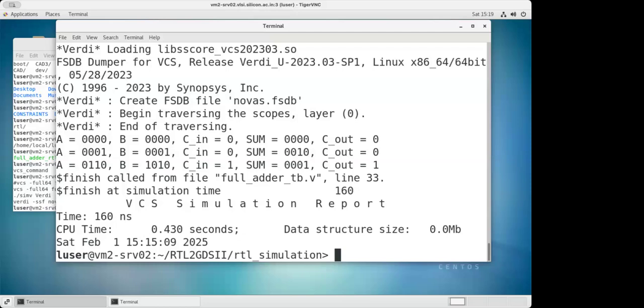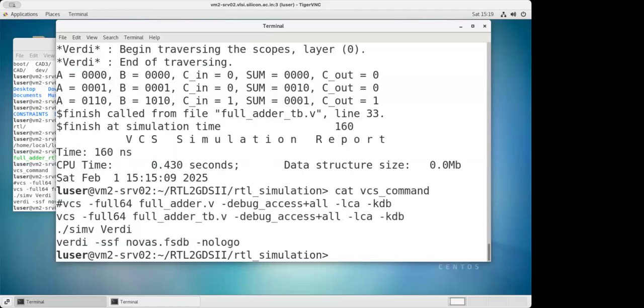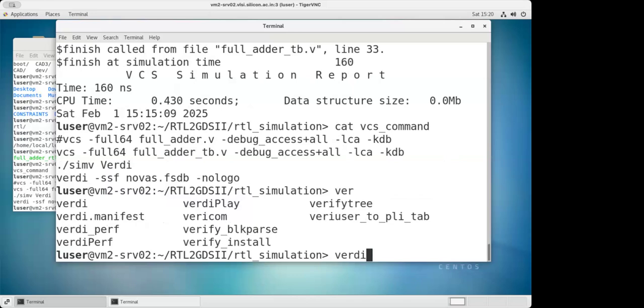Now, if I want to do the same thing on a waveform, Verdi has a similar capability just to show you the waveform part of that. What you can do is the third command in the VCS command file, just type that, enter that. How to get this screen? In that particular file there was a third line, ./simv space Verdi. You just cat that file name, copy paste it, or type it. I'm also doing this in the same place as a third line, as a Verdi space